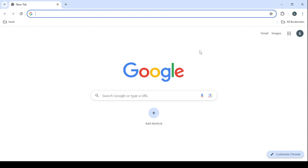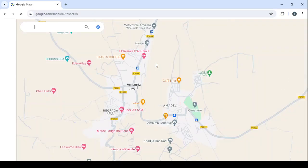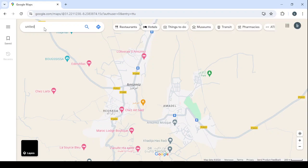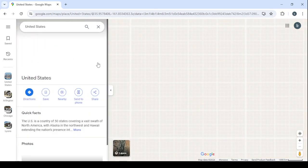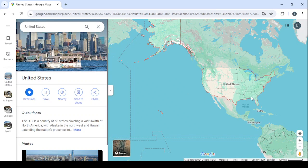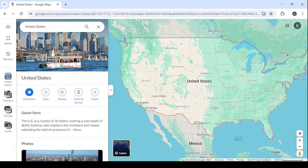So first of all, open your browser, if it's Chrome browser, whatever browser you'd like to use. Then go to Google Maps, which is this one here. And here you open Google Maps. Then you go to the search of Google Maps and you type the United States. That's what we are going to use in today's explanation. And then zoom in on the United States, and here make sure to choose a country, a state or a city,